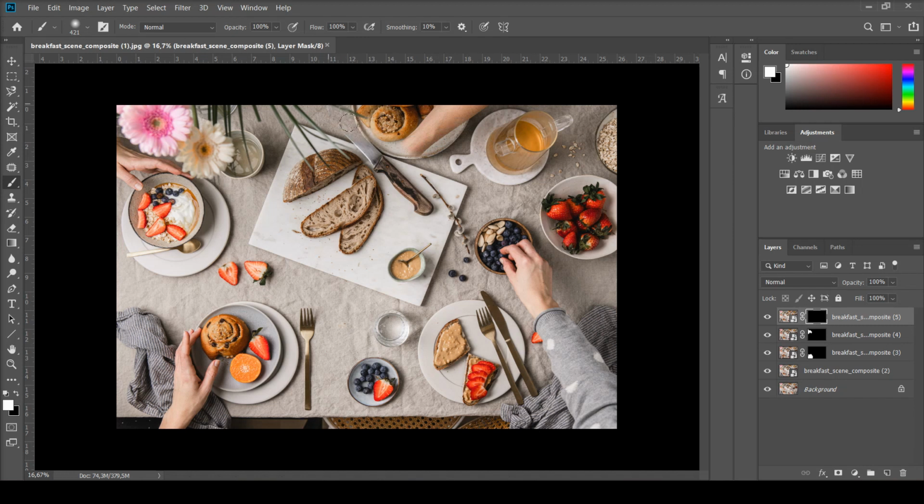So we're gonna remove this knife, and also there are some things moved, like this nectarine, this plant here. Okay, so I'm just actually drawing with a white brush until everything looks great, and that's it. So now you see that the white parts are actually the visible parts of the images, and